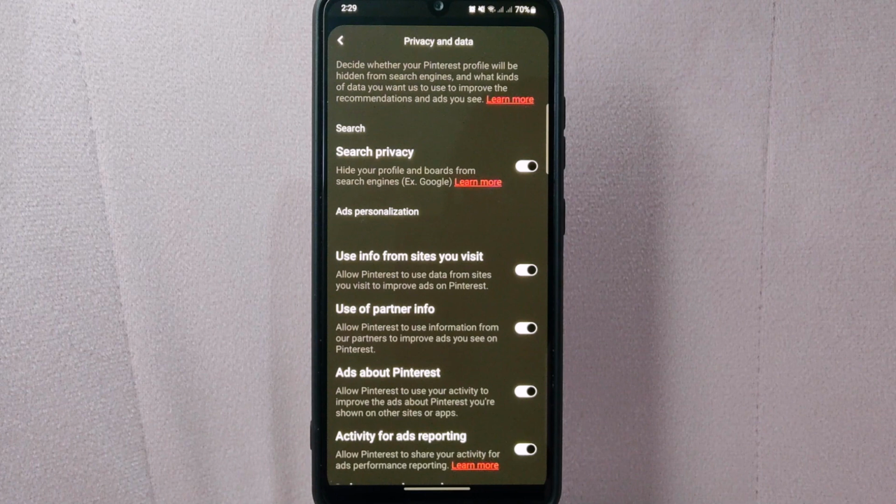There you go. If you wanted to know how to make your account private on Pinterest, that is the easiest